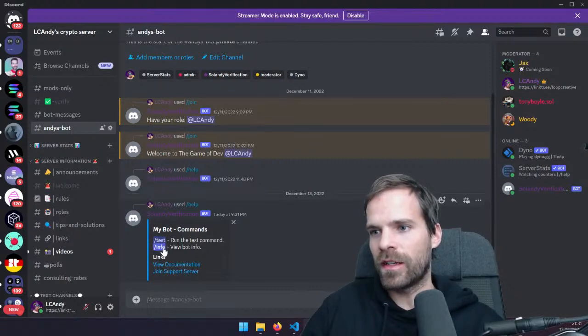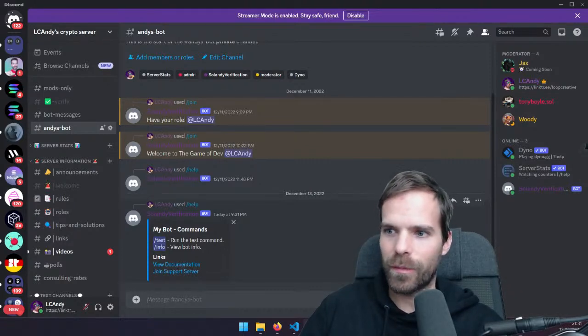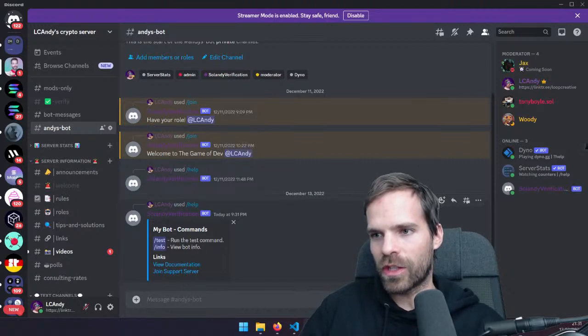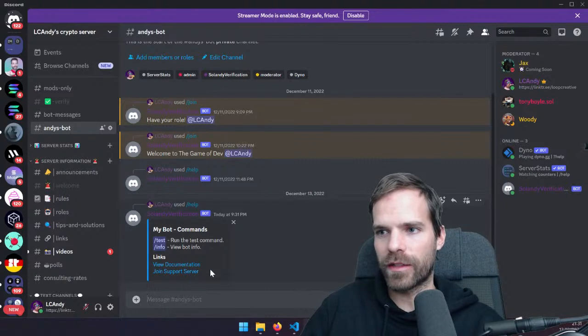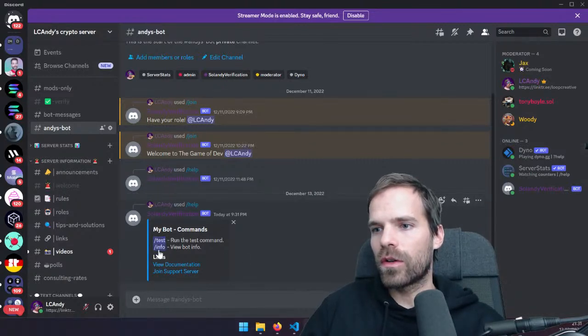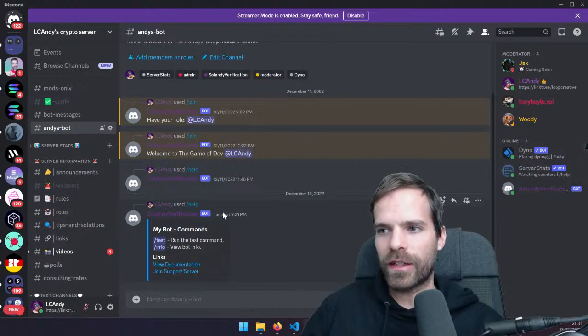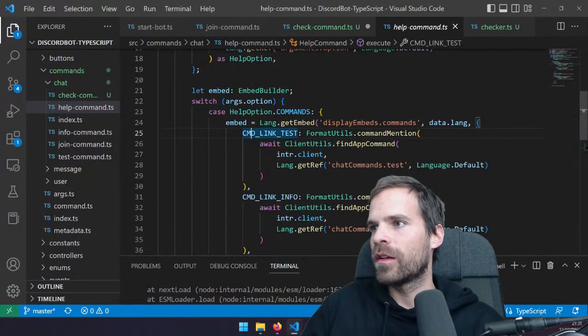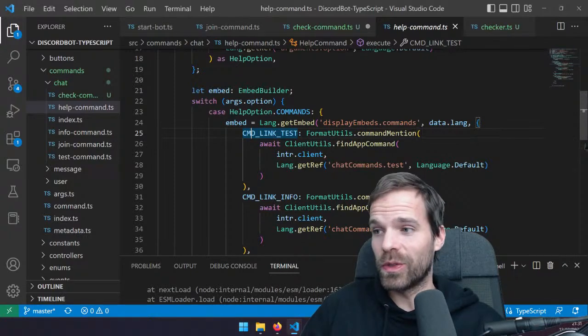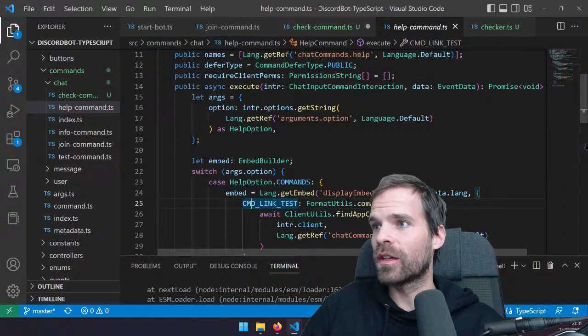It has a test and an info. That's just the default that that bot had, but I didn't change that. Those commands are not enabled for you anyway. Only I as an admin can use them. So yeah, essentially what I want is the option. I want to know where it comes from, and I want to find out how I can put a string there. I could also just Google how to do a string